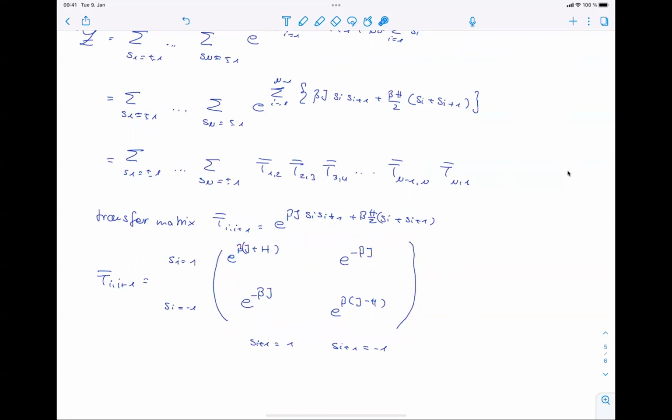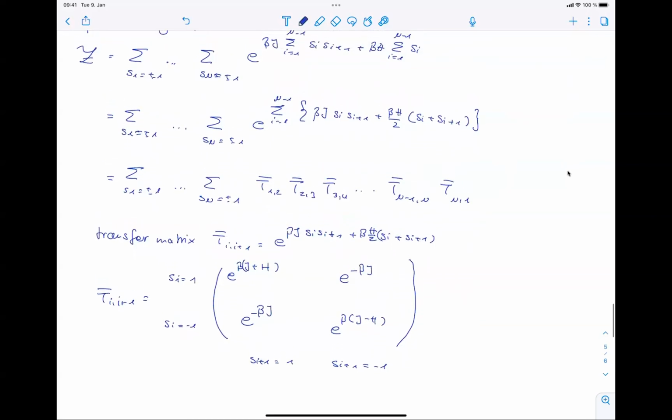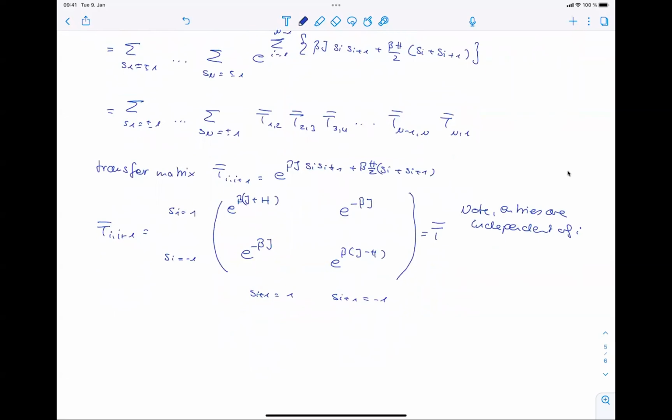So it's the same for 1, 2 as for 3, 4. So we can actually call this T without the indices, because note, the entries are independent of i. And also note